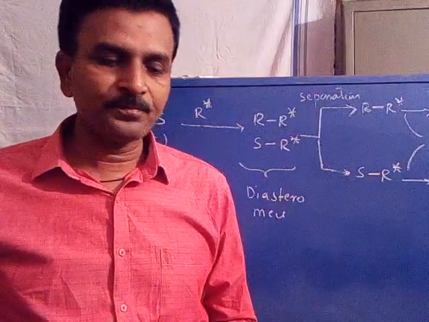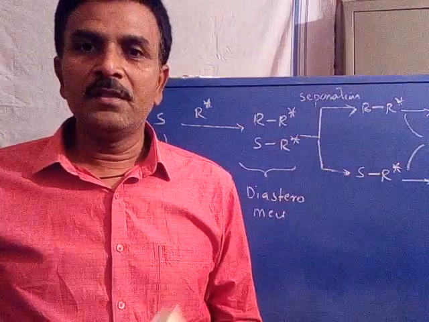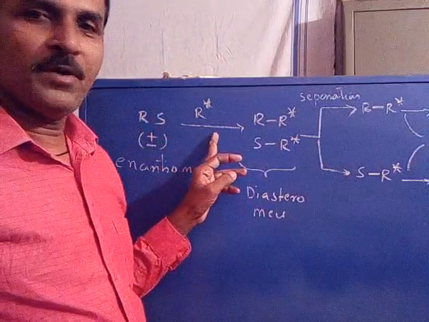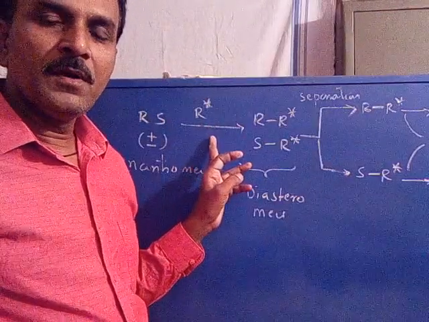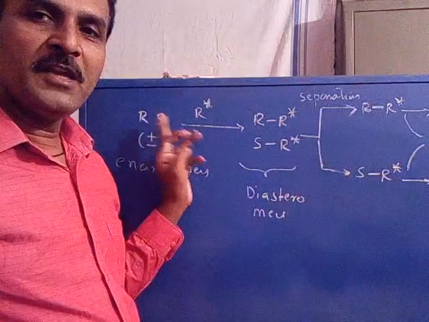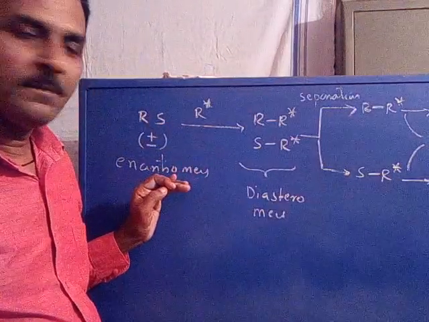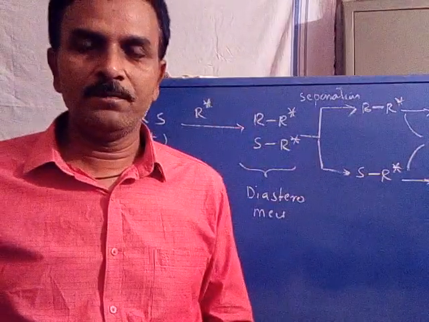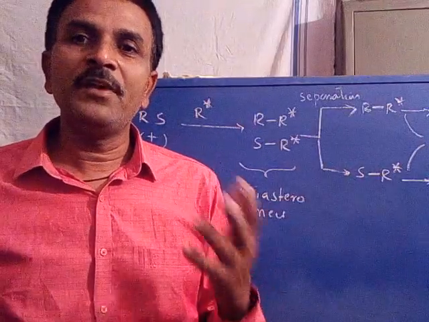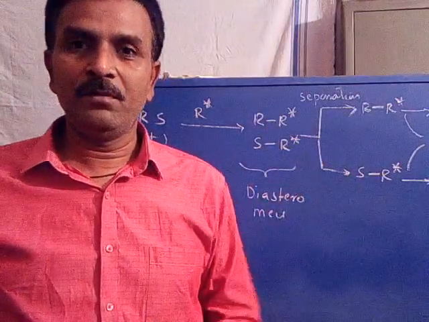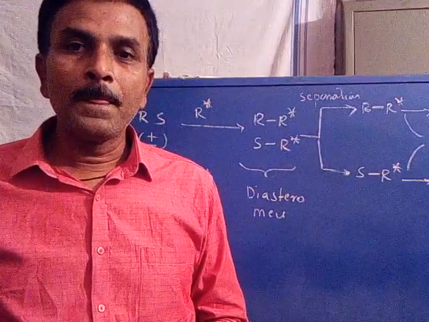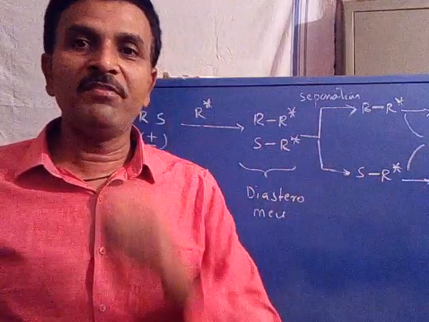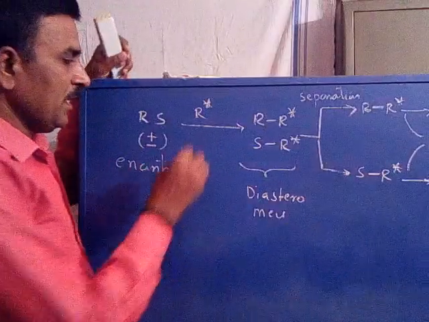Is it clear? Now coming to the problem. In the first step, the formation of diastereomers by reacting each enantiomer of the enantiomeric mixture with R star, a specific reagent, if the reaction is irreversible, that is, in brief, if the formation of diastereomer is irreversible, then after their separation, the regeneration to get each isomer separately becomes difficult.